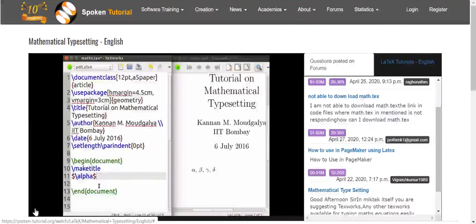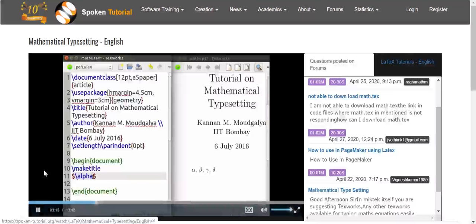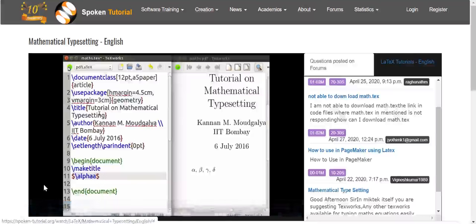We will next take up the concept of spaces in mathematical expressions. How do we generate alpha A? That is the product of alpha and A. Let us try \alphaA. Let me compile.